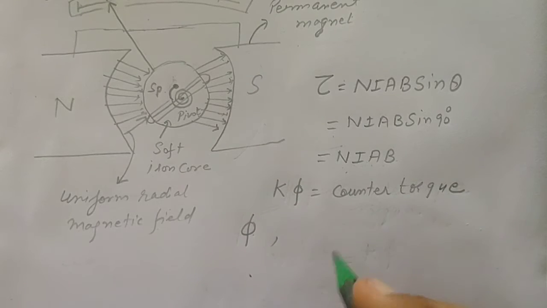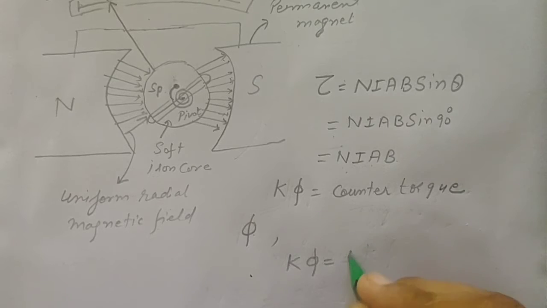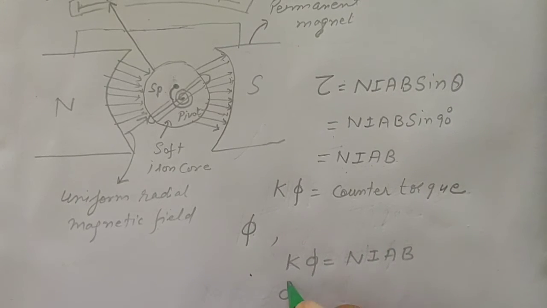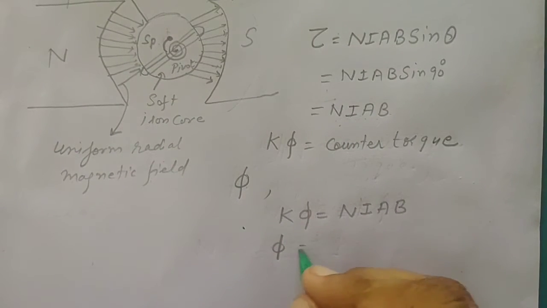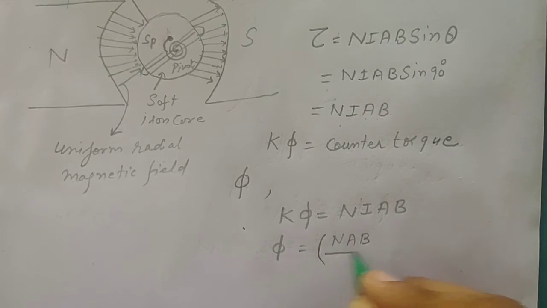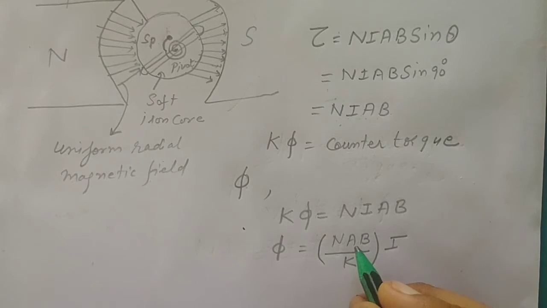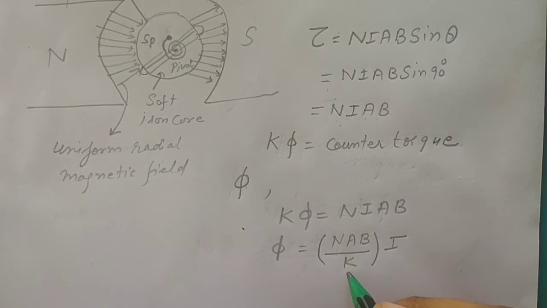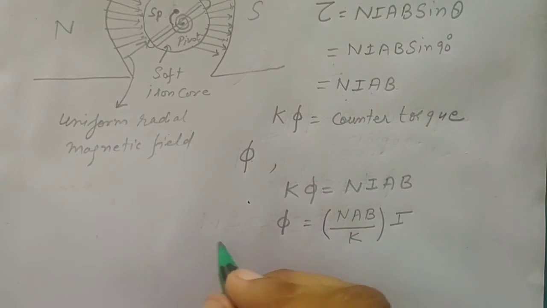So in equilibrium we have K phi equal to NIAB, or phi equal to NAB over K times I. N is constant, A is constant, B is constant, K is constant. K is the torsional constant of the spring,